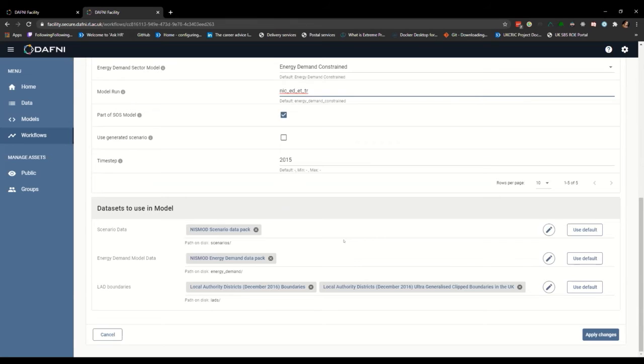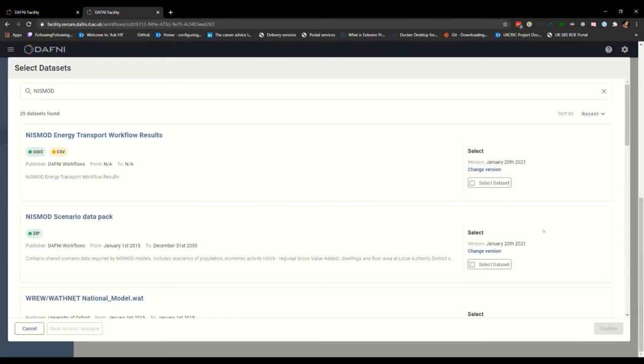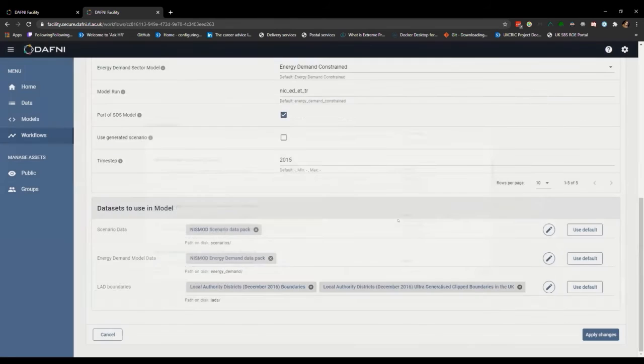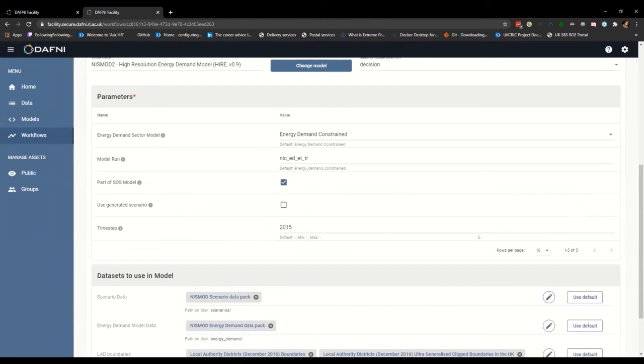Then we get to the data sets. As I mentioned earlier, you can switch out data sets if you wish to, to try something new with the model. You can just click on the edit button, and that should load up the data catalog, which has actually saved my search here. If I wanted to, I could click select and then hit confirm, and use this water model data set with this energy demand model. Obviously, that's not going to work, so I'm not going to confirm that, but